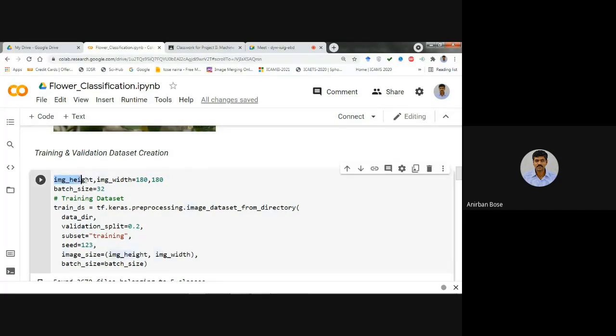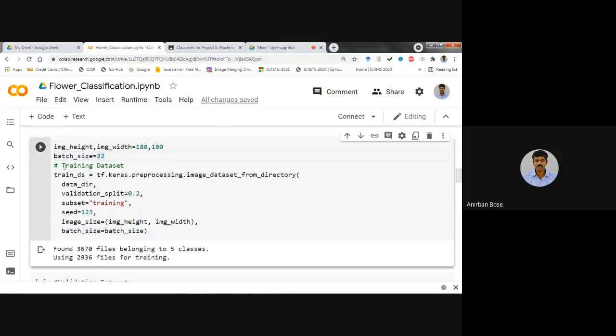Initially what we have done, we have given the names image_height and image_width as 180, 180. That means each of these two variables contains 180. And batch size we have given as 32. Okay. Then to create the training dataset, you have to remember this thing. This is very, very important.